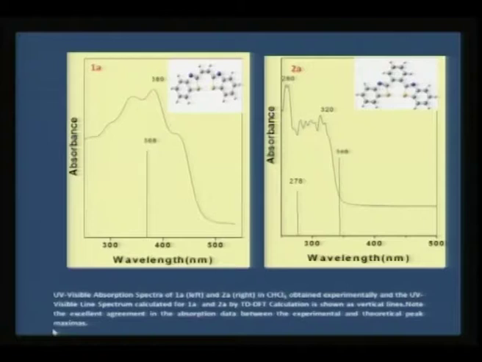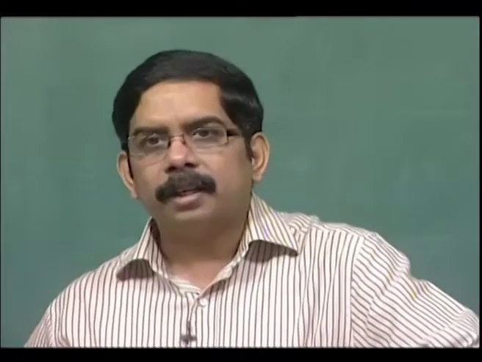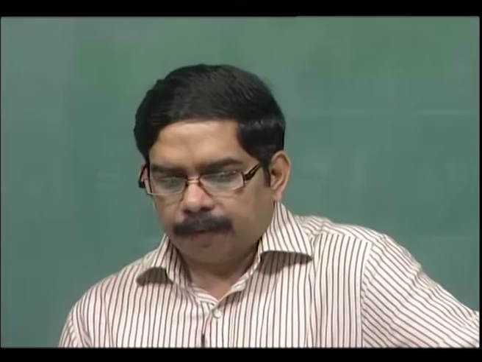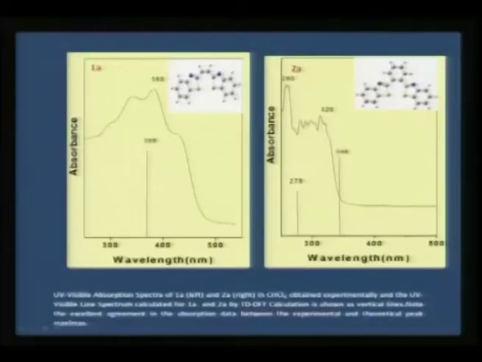If you look at the absorption spectra, you can actually do a density functional calculation, a DFT calculation, and try to generate the UV visible spectra to see whether this is matching with the experimental data. One would find that there is an excellent agreement of the theoretical prediction of this UV visible spectra with the experimental value. This is the experimental curve, and what you see here is a one line spectra, and here you see a two line spectra exactly resembling that of the experimental data.